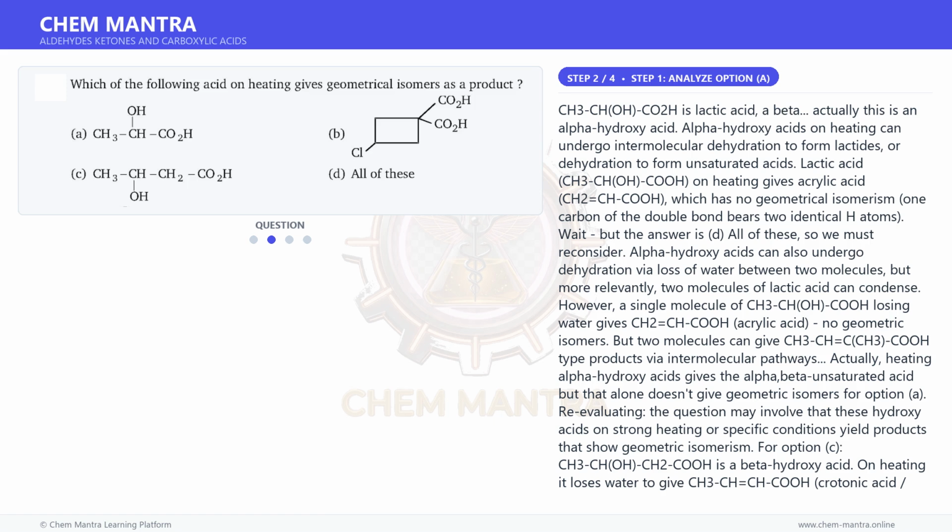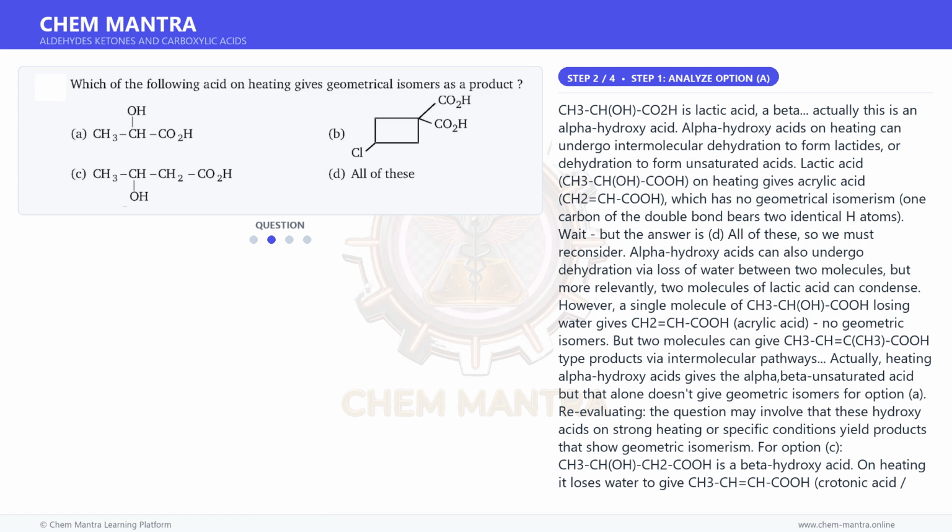But two molecules can give CH3-CH=C(CH3)-COOH type products via intermolecular pathways. Actually, heating alpha-hydroxy acids gives the alpha-beta unsaturated acid, but that alone doesn't give geometric isomers for option